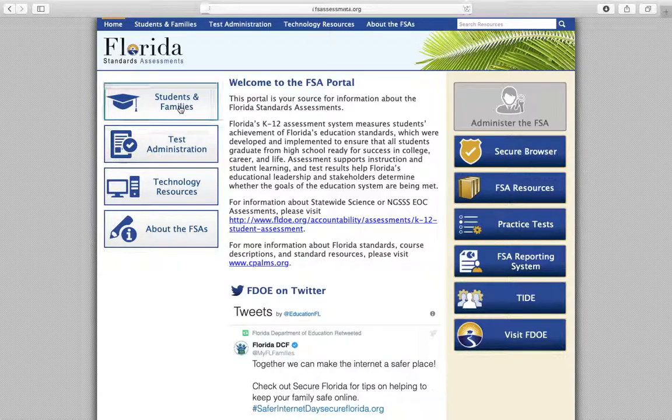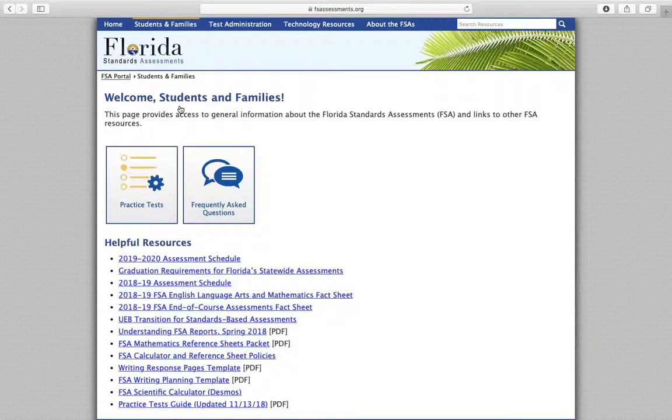Once you click on the tab, you will be able to access practice tests, frequently asked questions, and also helpful resources. One of the most helpful aspects of this site is the practice tests option. Once you get here, you can select practice tests and it will take you to a collection of practice tests